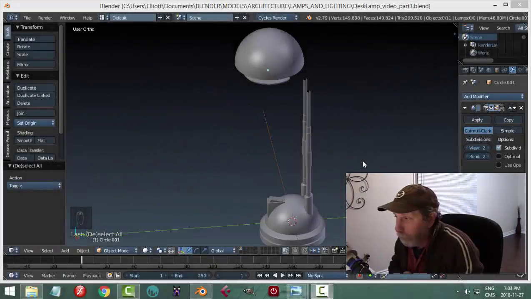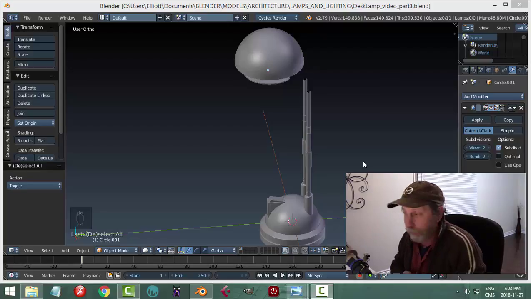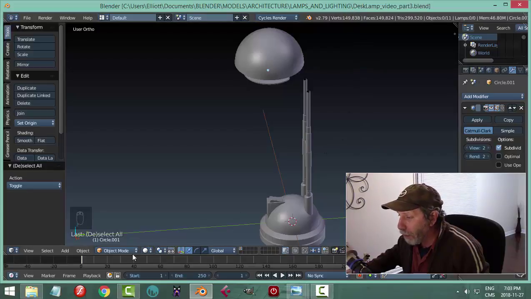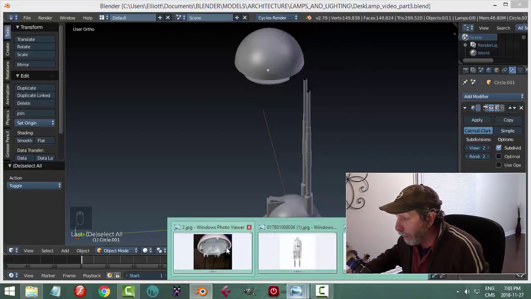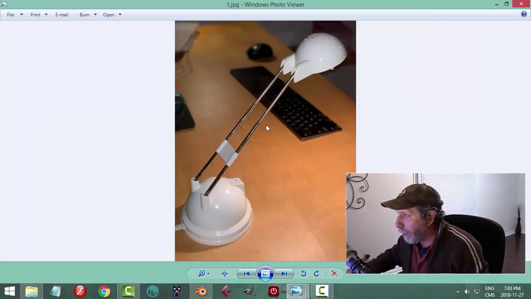This is part 3 of modeling the desk lamp, and this is my 200th Blender video. Unbelievable. All right, well, one thing I've noticed as I've been looking at the pictures here is that the top